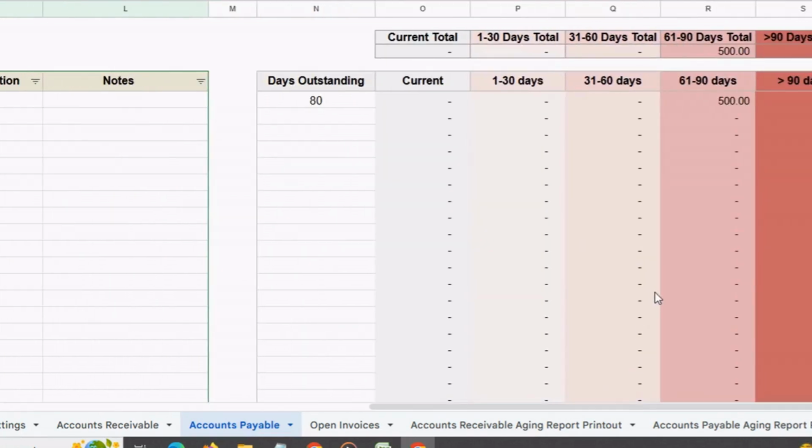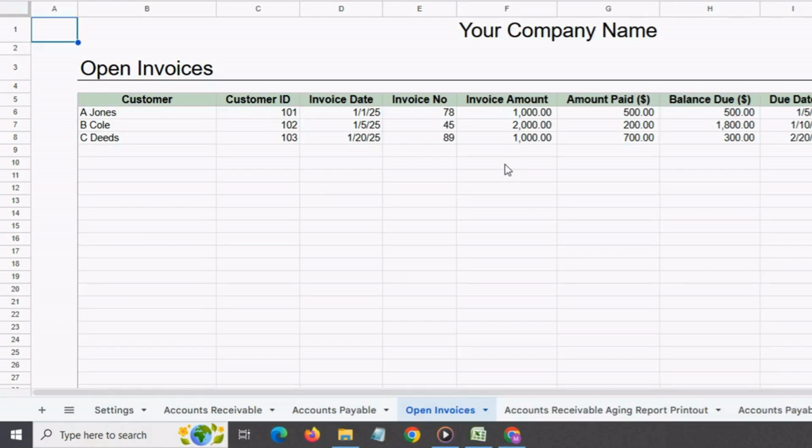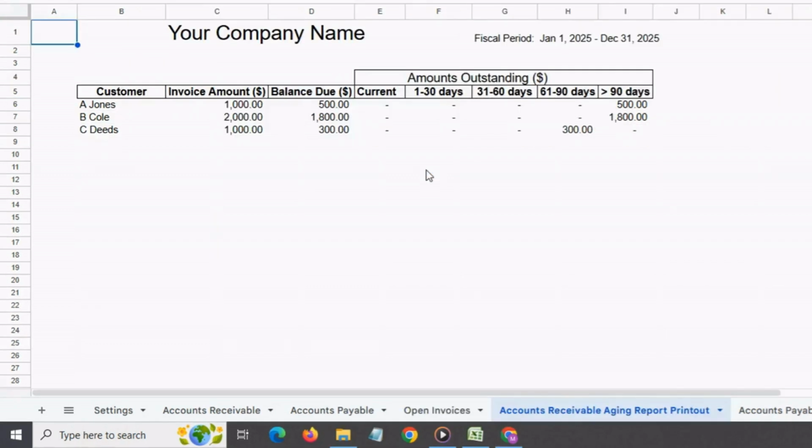To the side you will see all of your amounts outstanding: current, 1 to 30 days, 31 to 60 days, 61 to 90, and so on. There is also an open invoices feature, which automatically shows you all of your invoices that are currently open. You also get automatically generated printable aging reports, both for accounts receivable and accounts payable. And these are very useful to present to banks if you're trying to get a loan using your accounts receivable